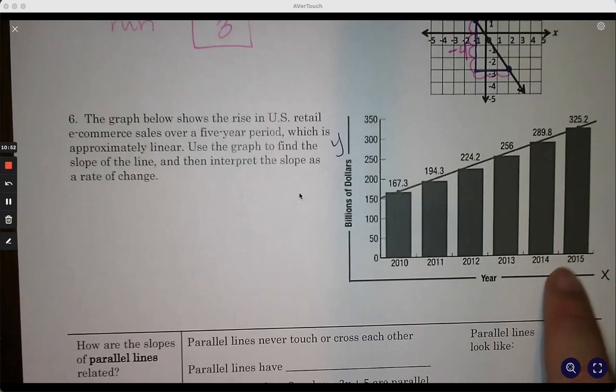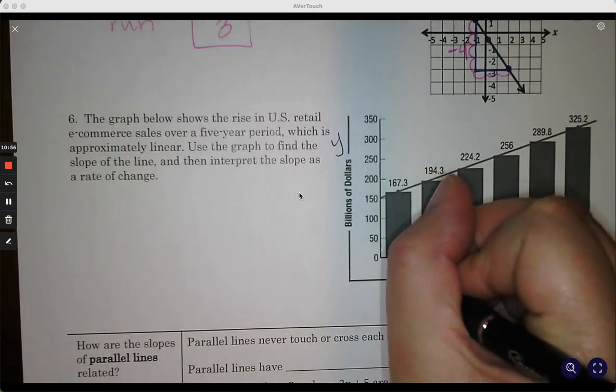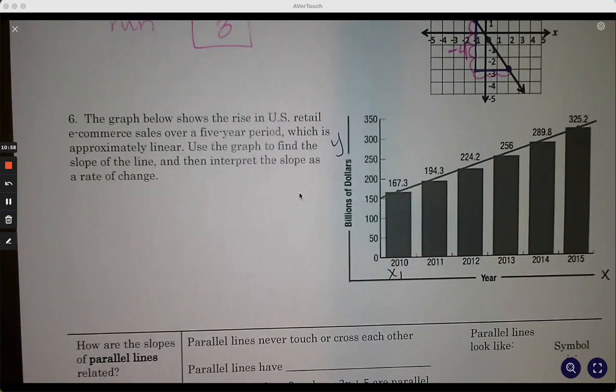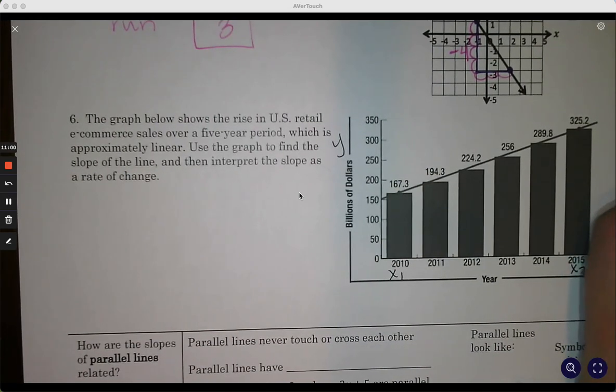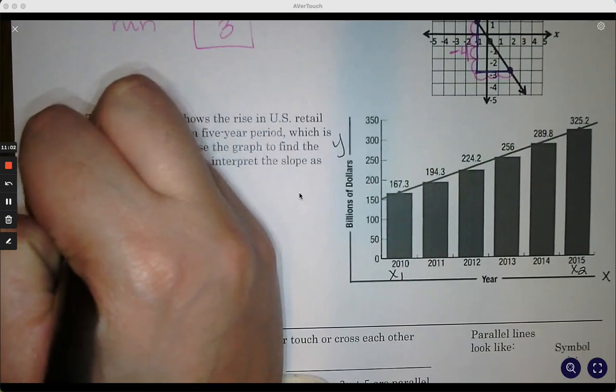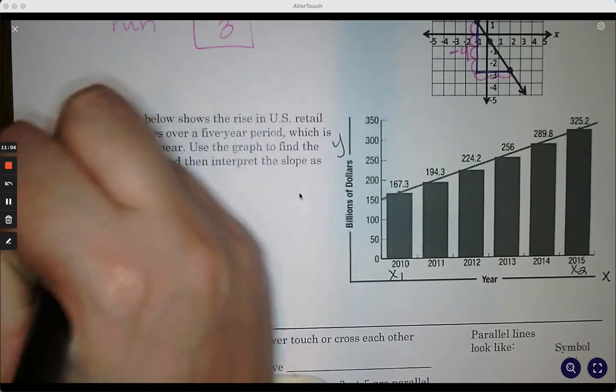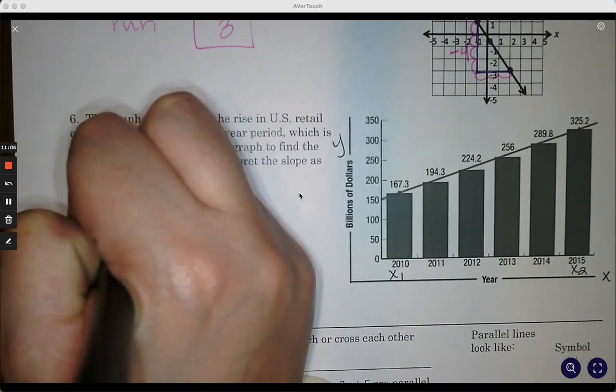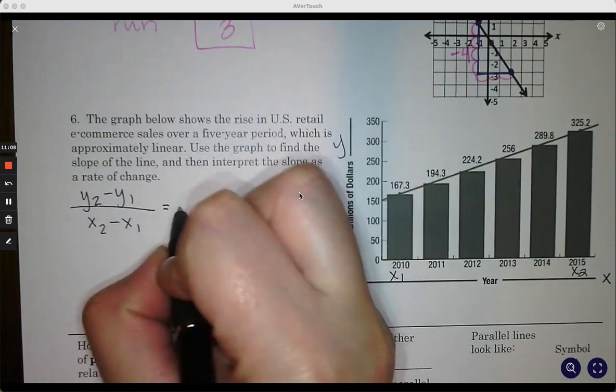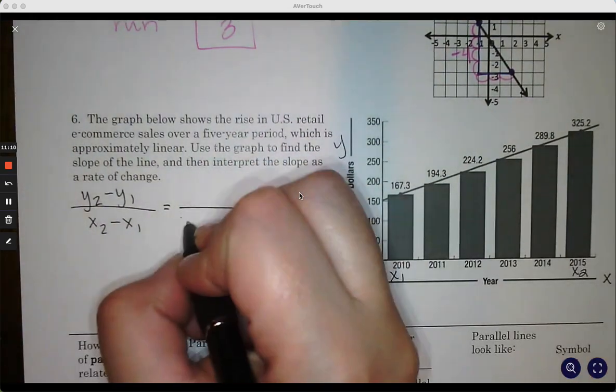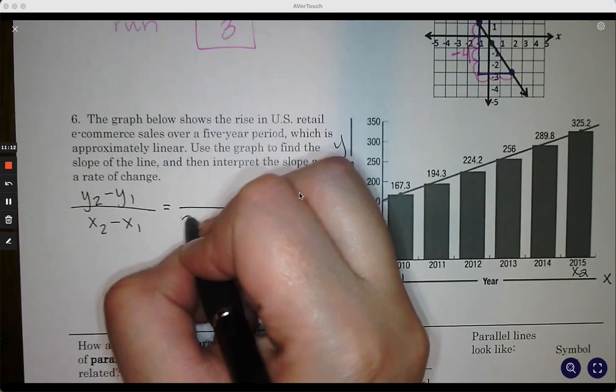So x1 is where we start, x2 is where we end, so y2 minus y1 over x2 minus x1. So we have x2, 2015